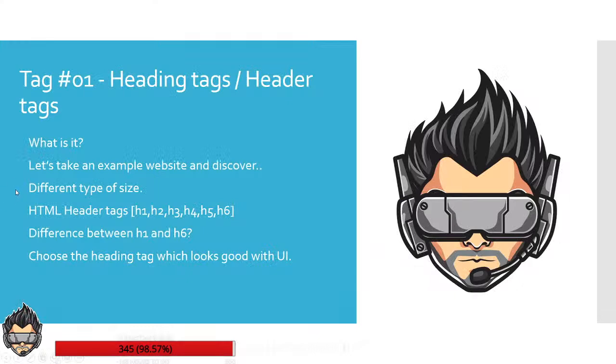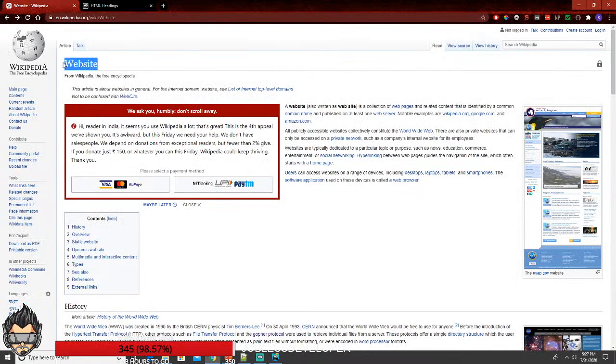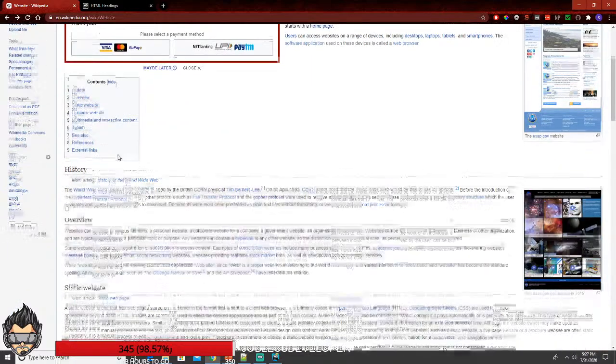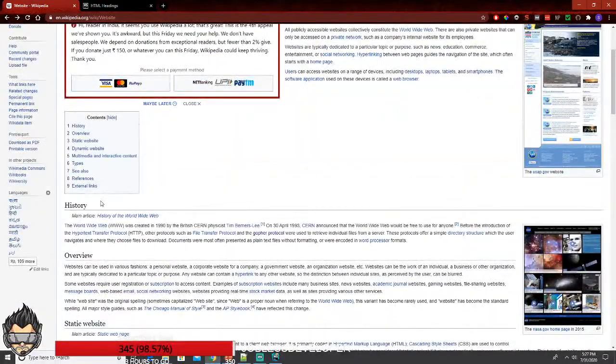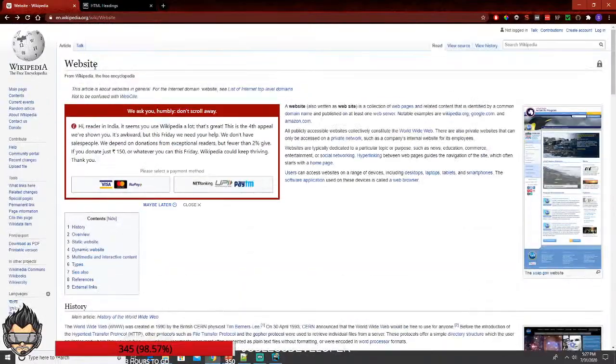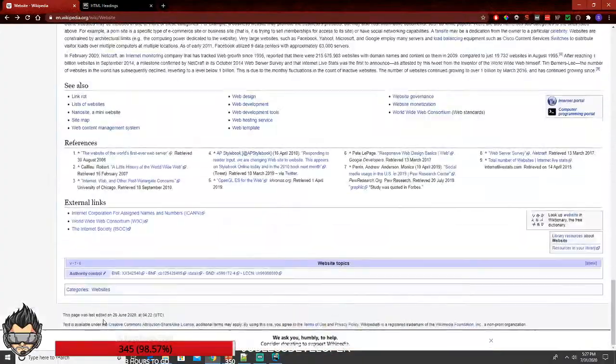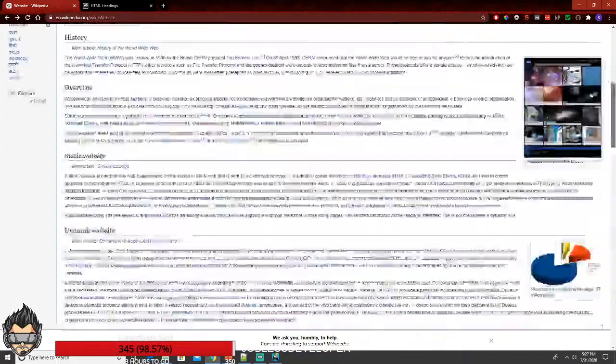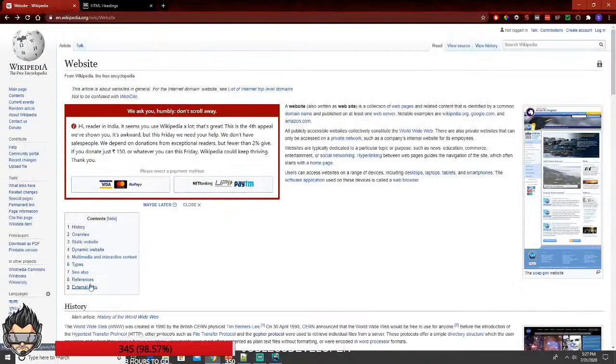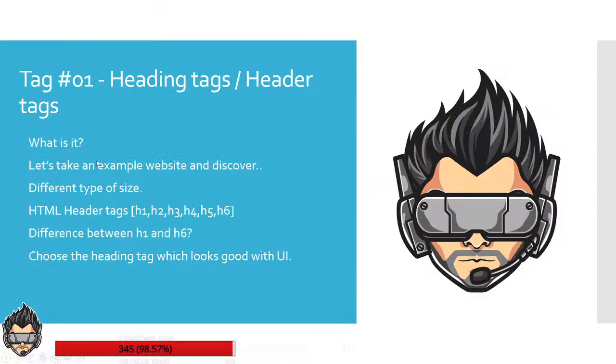So what is it? When we look at the Wikipedia page, there is a heading over here. It's a good font, right? It's a bigger font. And if you look at the heading over here, it's in a smaller font compared to this one. And let's look at any other things. That's it. They just used two headings in this website, so you can see that this heading is having a bigger size compared to that of this heading, but these two are still considered as a heading. So heading is nothing but,